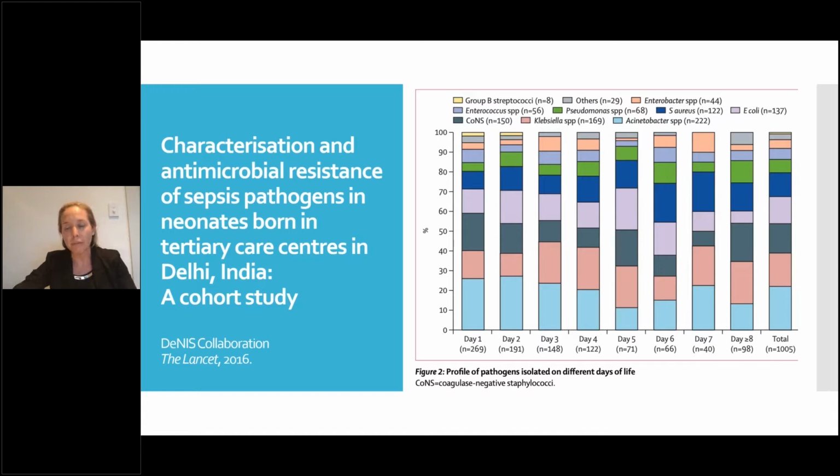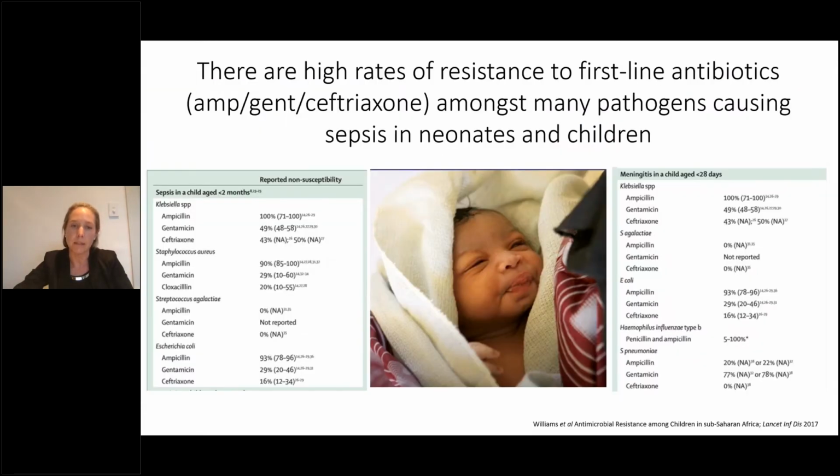But what this study found was that the pathogens that are causing sepsis in neonates in their first week of life are really quite similar across those first 8 days. And it really led us to start questioning whether these definitions of early onset sepsis and vertical acquisition versus horizontal acquisition are accurate. And perhaps it is time that we start to think about the other ways that babies might be getting infected with some of these organisms, such as very early in their life in delivery suites that might be overcrowded and might have poor infection control policies, and how we might be able to therefore intervene in that period to minimise the acquisition of multi-resistant gram-negative organisms in these babies.